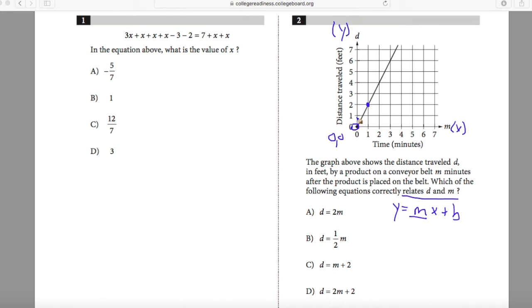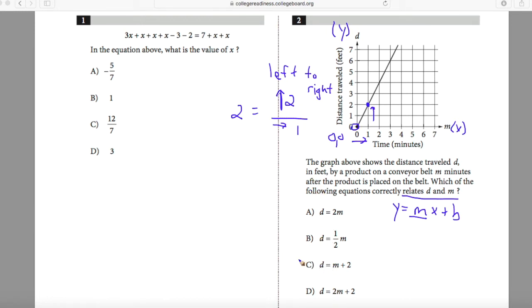But to make things easier on you, I'm simply just going to do my rise over my run rather than my y2 minus my y1 over my x2 minus my x1. What I mean by this is that I'm going to attempt to count it out. So if my slope is my rise going up 2 and my run going over 1 as I'm reading my graph from left to right, then I can see that my slope here is going to go over 1 and I'm going to go up 2. So my slope is going to be a positive 2,